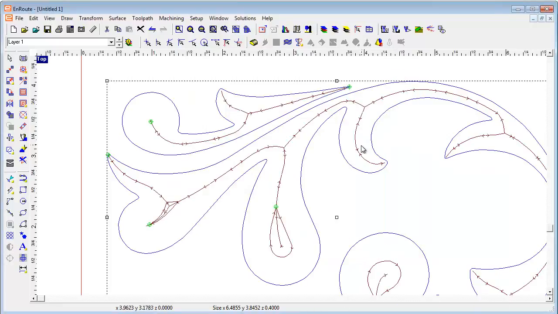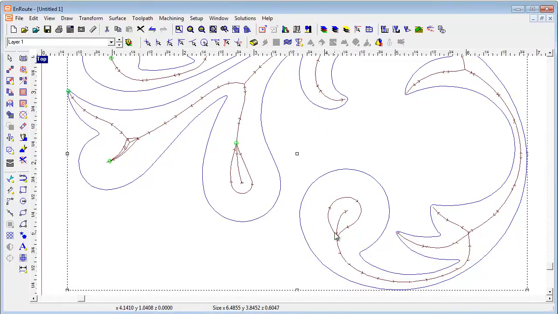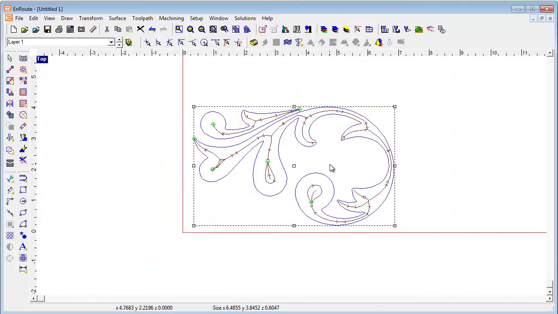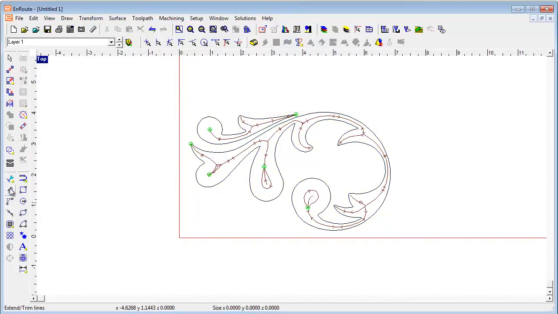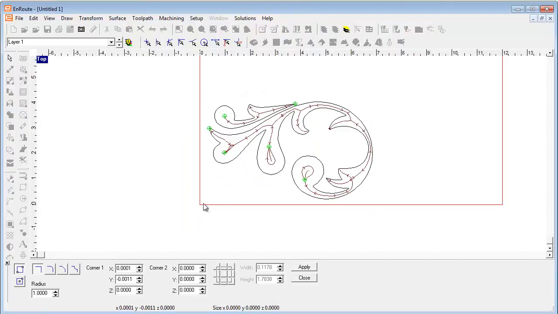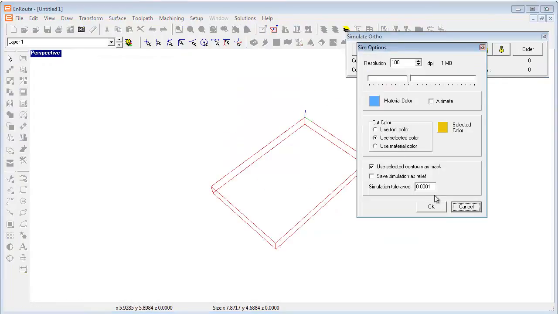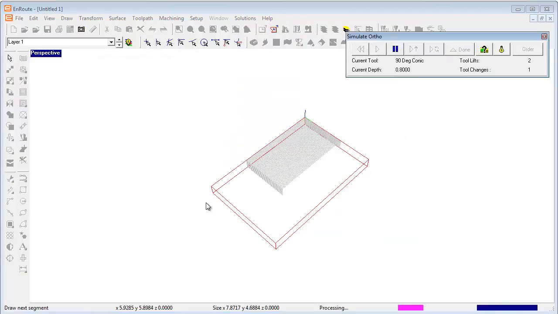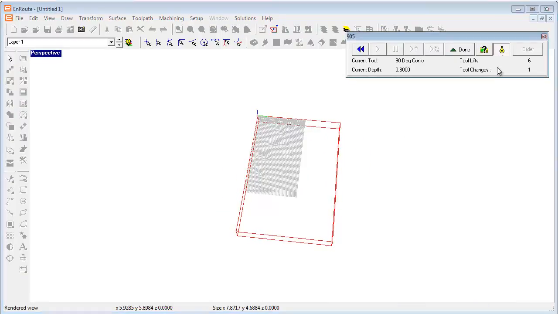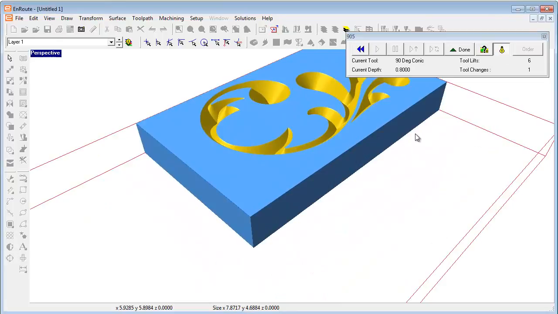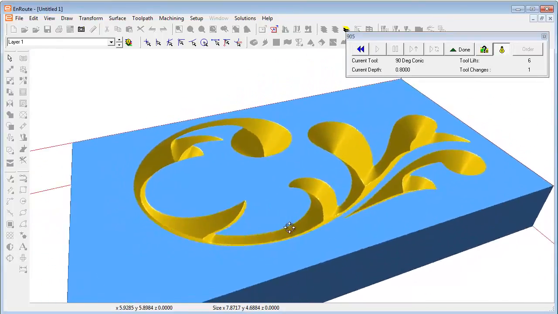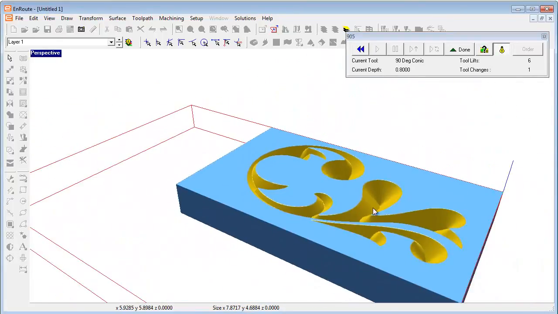Now it's going to require two passes. So the first pass will do what it did initially, and then the second pass will go all the way to the bottom. The nice thing is that this is quite a complex toolpath, and EnRoute takes care of all of the work, all of the calculations to create it. So now we're going to simulate it. There you can see we can get just a really nice result with a 3D engrave